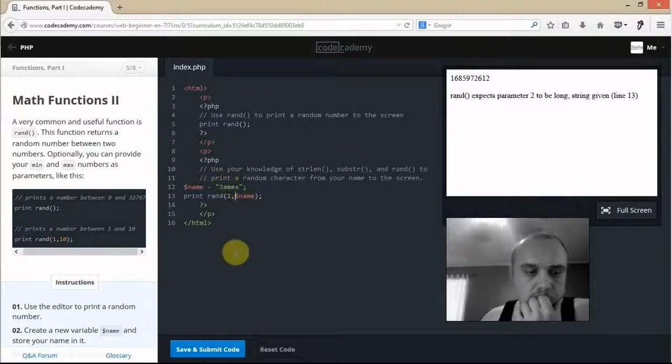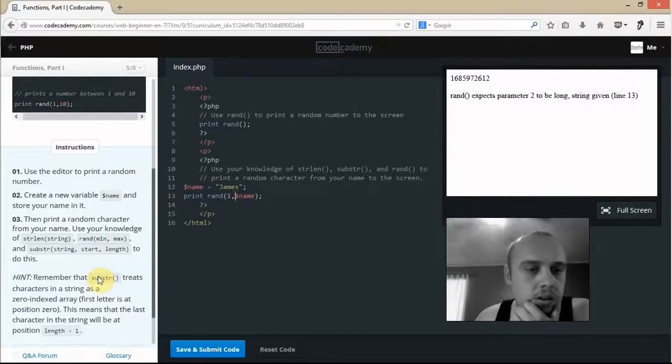I'm going to need a hint for that one. Use the editor to print a random